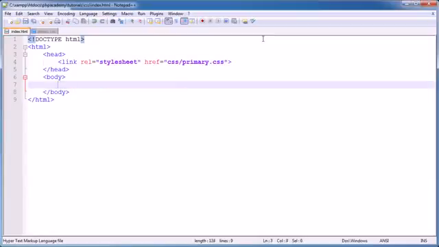Now an ID. Now an ID is more or less the same thing, but we can only have one of them. It's a unique identifier. ID, identifier. Okay, so why would we use this? Why couldn't we just use a class? Well, you could use a class, absolutely, but